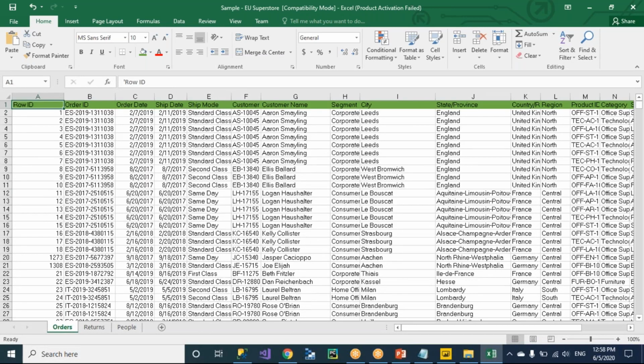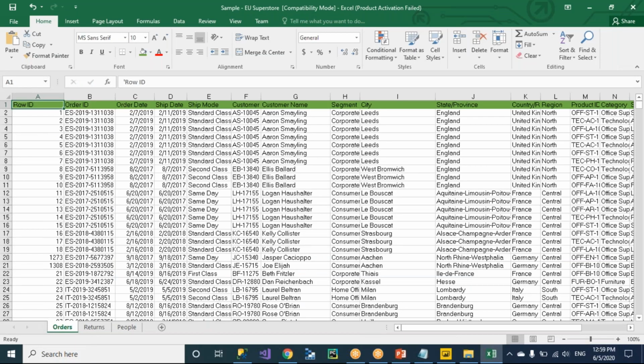Very, very important. Who will give you the data, or how do you get the data? The data will be shared by whoever has given the requirement to you. Let's say your manager comes to you and asks you to develop the reports. The first question you will ask is, okay, what is the data? He says, okay, I will share the data in an Excel file, or I will give you access to the databases, or access to the cloud database, whatever. Once you get the access, first you need to check what the data is, how big it is, and next,